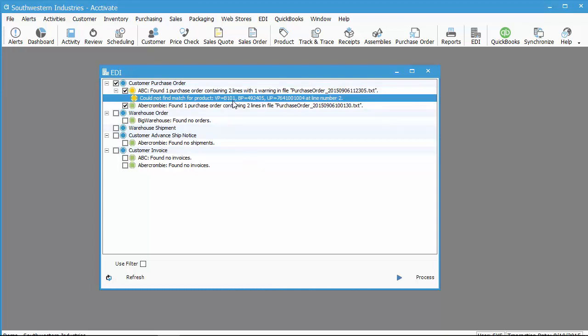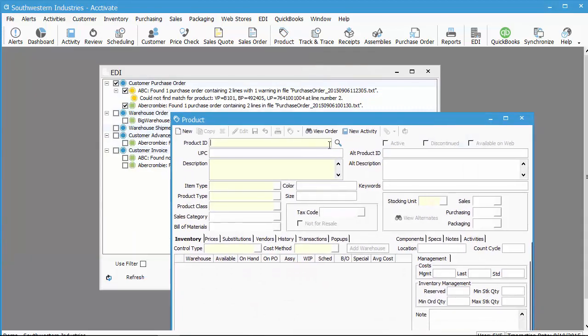And this is our EDI lingo for the vendor's part number, the buyer's part number, and the UPC code. And if you're doing business in retail, you're probably very familiar with these codes. So in this case, I could not find this part. And I know that I have a product. They call it B1. They think it's B101. It's actually B10. But if I look at that product, I don't know why it didn't match on the UPC